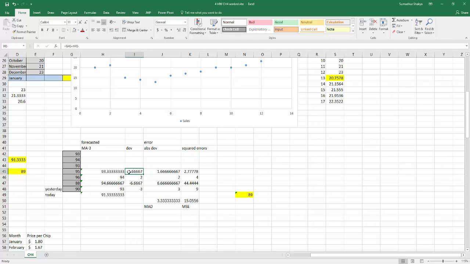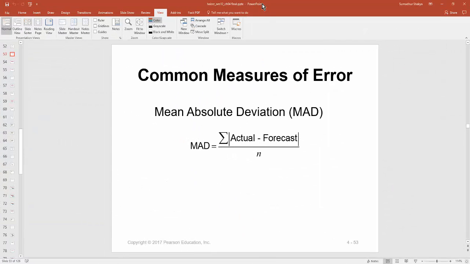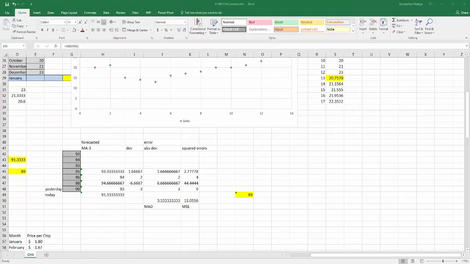Actual minus forecasted is done here. So 95 minus 93.3. Then we take the absolute values. That gives us the top part, actual minus forecasted absolute values. Now the summation of all such values divided by the number of values we are summing up is nothing but the average. So that is what this is. So mean absolute deviation